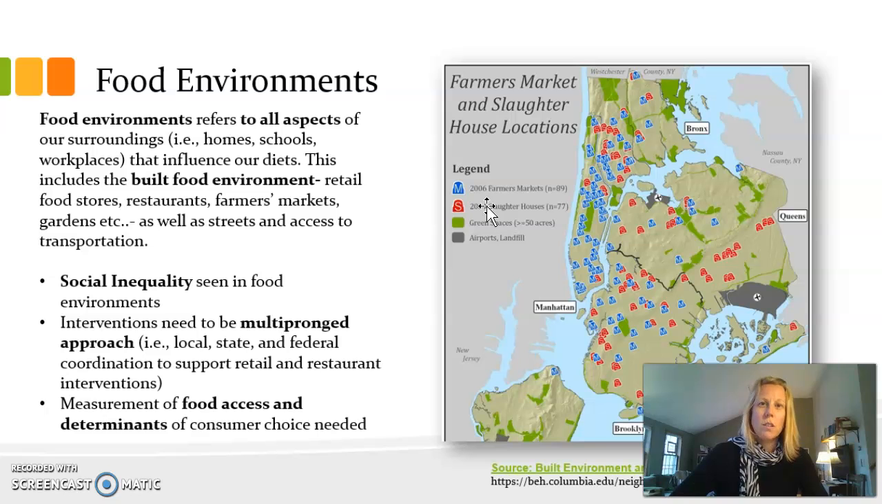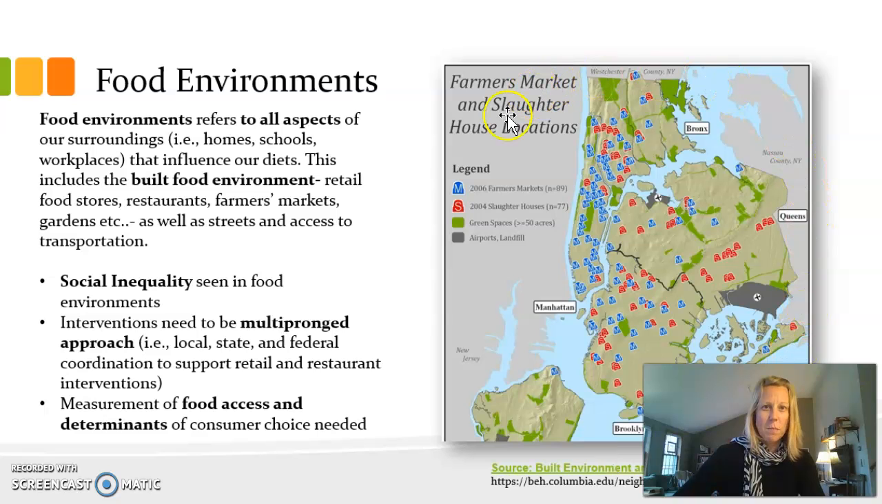or retail stores, and to examine from a more macro level what a certain geographic area looks like in terms of their food environments and how that relates to healthy food and access points. A lot more is needed to actually measure food access and the determinants of consumer choices. So how and why people are making the food choices that they're making. I included an example here. This is the built environment,